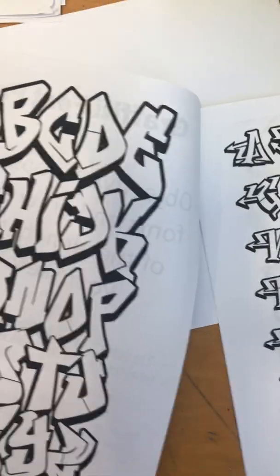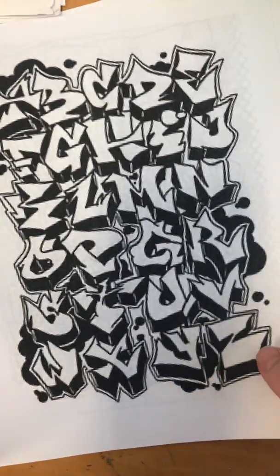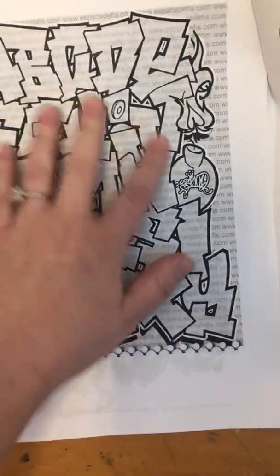So, there are a couple different fonts you can pick from. Yes, you have to use the fonts in the packet. You cannot make up your own font. You must use the font in the packet. Yes, I know there's no Z on this font. Just draw what's here. And here's the last one. Alright? So when you pick a font